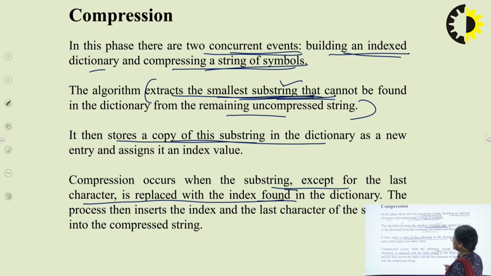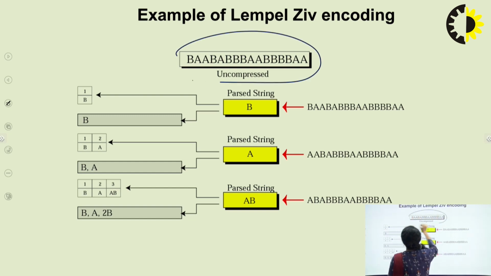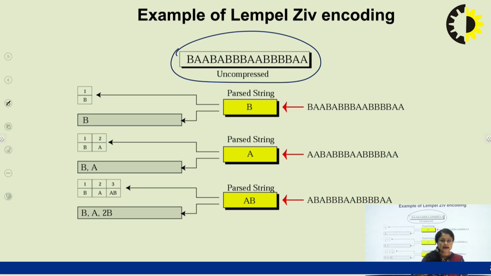Let me take an example. Once we take an example, I think the concept will be clearer. Let us say this is uncompressed data that we are working on, and we want to compress this. We will be making a dictionary as we scan the letters one by one, and as we make the dictionary, we assign an index to those letters. Later on, our focus will be on the index of those letters as we do the compression.